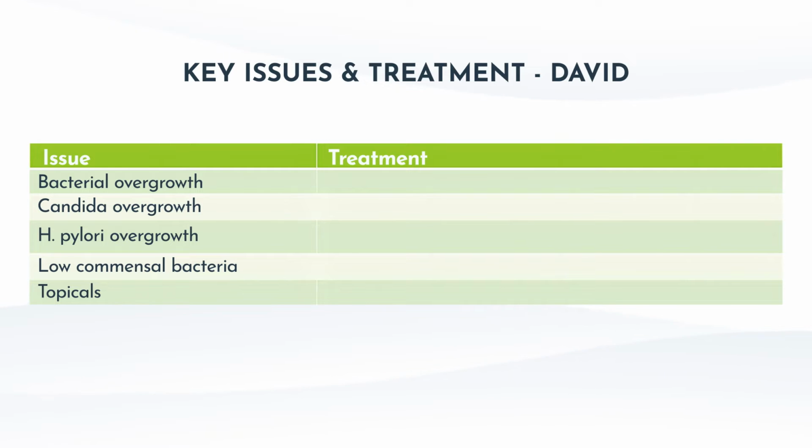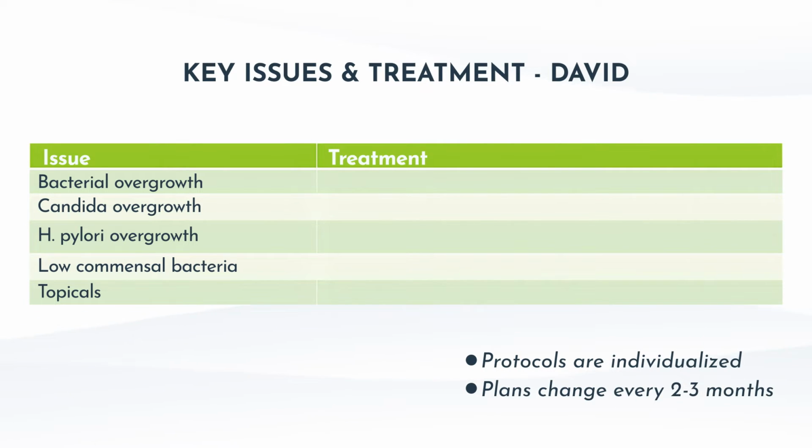I'm going to show you the pictures as we met up and as his skin changed from protocol to protocol. But it's important to keep note that all protocols are individualized, right? This is naturopathic medicine, functional medicine. Of course, we individualize protocols to the patient in front of us. For me, I see patients on an ongoing basis every 2 to 3 months, and I move through different protocols each time. So the protocols don't stay the same. For example, I switch up the antimicrobials every time. So I'm giving you some examples here, but this was not all done in one plan and not for the whole time.